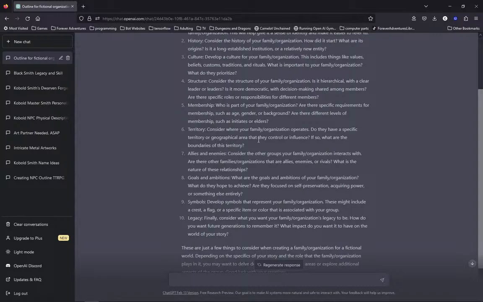Or it can be even things like handshakes or salutes, or baseball organizations have different signals that they give to runners and batters and different things like that. All of these can be part of that symbolism. And then you can add that in there as well, and that will give additional depth to your organization.